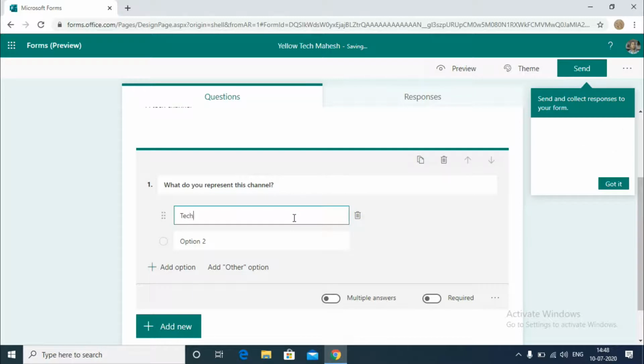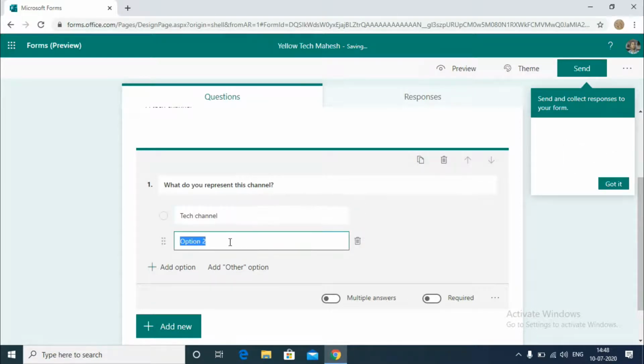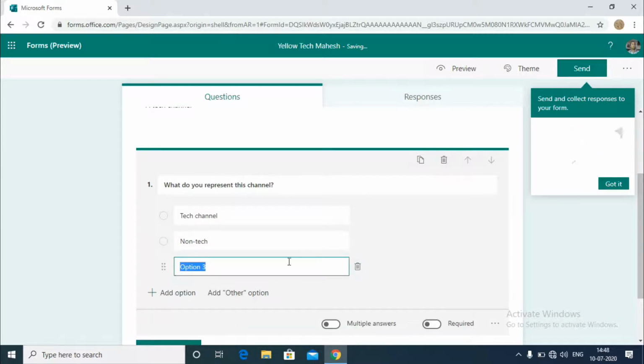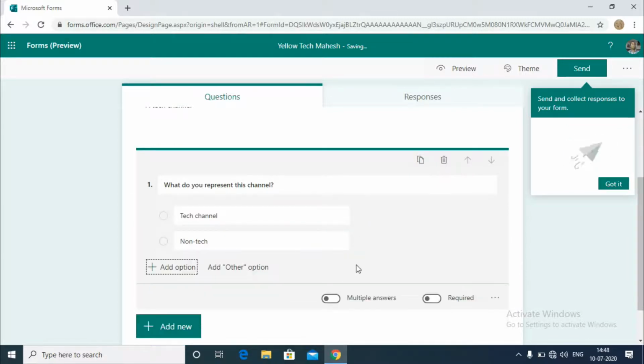Maybe tech channel, non-tech, anything. I'm just giving something to notice this. That's it, how we are giving here. If you want to add, you can click the add option, and you can give the option. If you want to delete, there is a symbol there. You can click and delete. Simple.